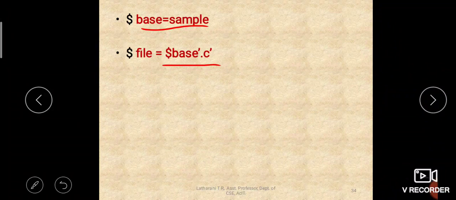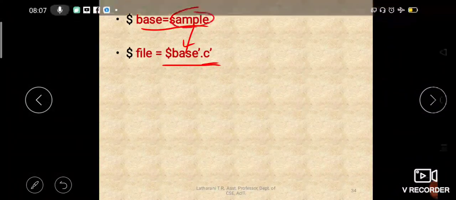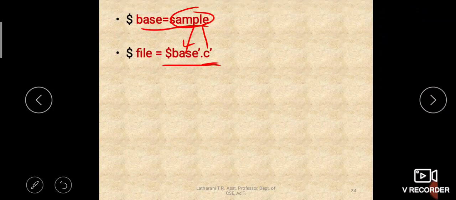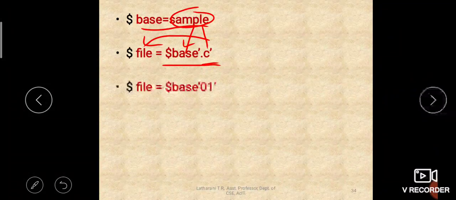So this $base is sample, and .c is directly taken as a string. So what will it frame? It will frame sample.c, right? Sample.c, which will be stored in a variable called file. So this is another way of creating a file name using variables.